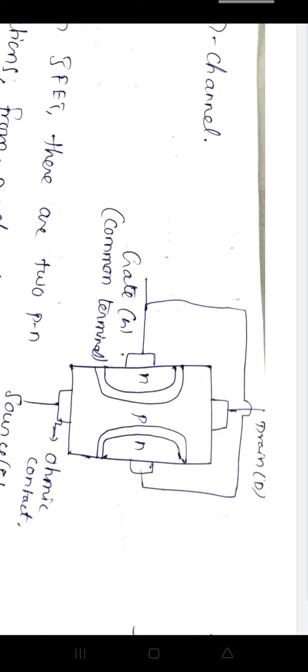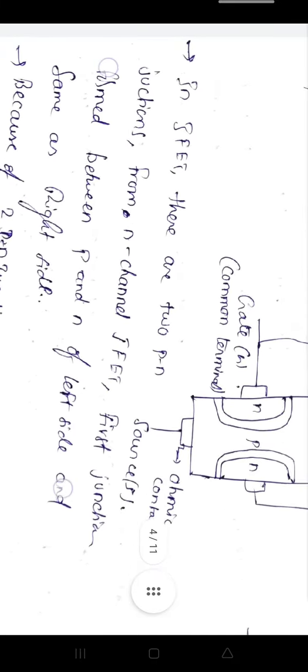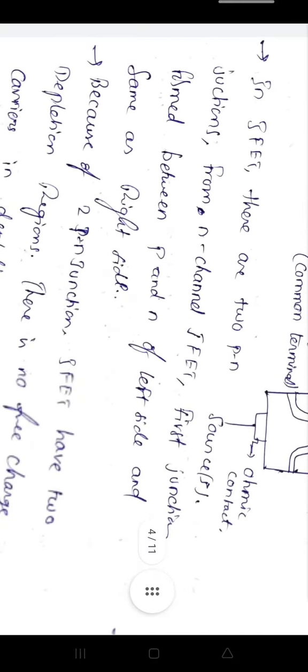If there is a channel, it means there is a connection between the drain and source. If it is an N type material, then we call it an N channel JFET. Okay. So as I said before, in JFET there are two PN junctions from